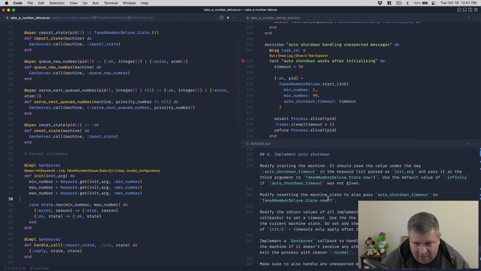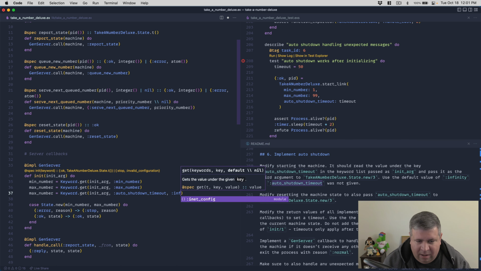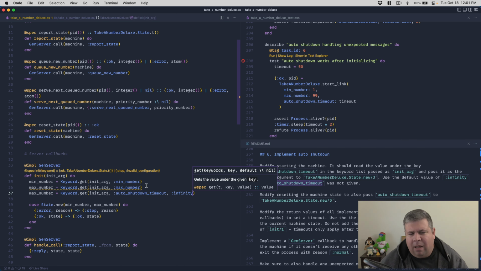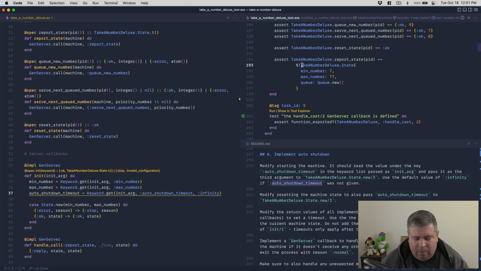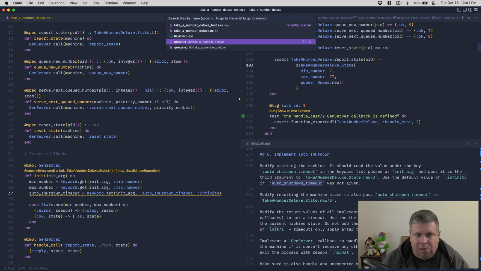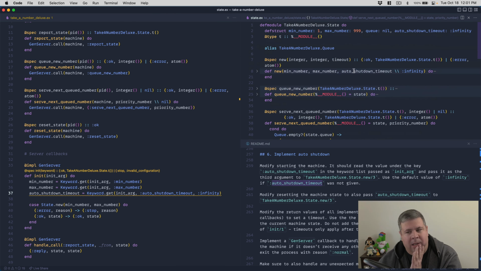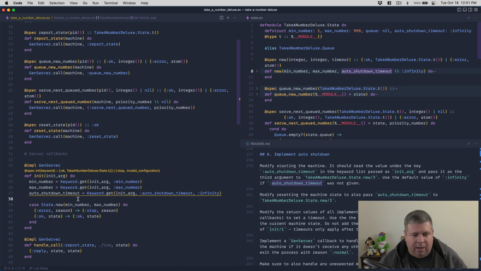So we're going to look for auto shutdown timeout, and we're going to have a default, infinity. And I guess, do we want to put the default there? So if you look at new, it defaults. When you say new, min number, max number, if you don't have a third argument, it'll default to infinity. The thing to keep in mind here is that